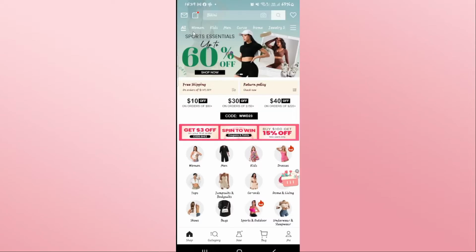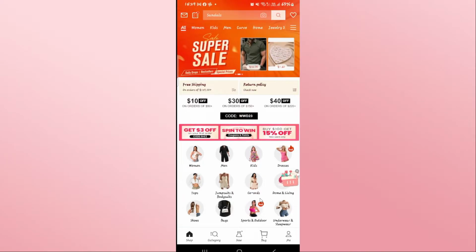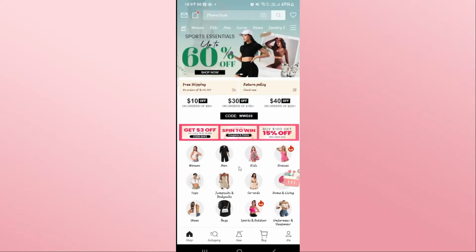First of all, open up the Shein application on your device, and if you haven't logged into your account already, tap on the account icon at the bottom right corner and then use your credentials within the sign in page in order to log in. Once you have been logged into your account, you will see the various different items that you can buy within